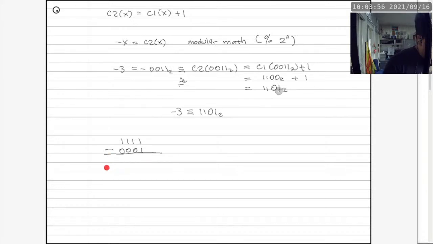Okay, so now we have this here. So this is a pretty easy one because there are no borrows whatsoever, right? So 1 minus 1 is a 0, 0. Oops. Okay, I take it back. 0, 1, 1, 1. This is assumed 0 in this case. So 1 minus 1, 0 minus 0, neither has a borrow of 1. 1 minus 1, 1 minus 0, 1 minus 0. No borrow here. So it's going to be the same way throughout the entire thing. So this is the result of the binary subtraction.